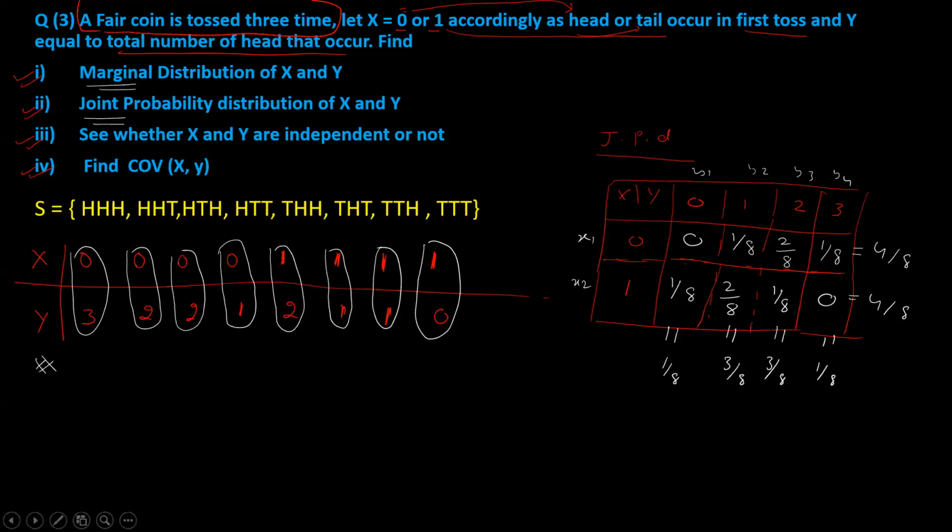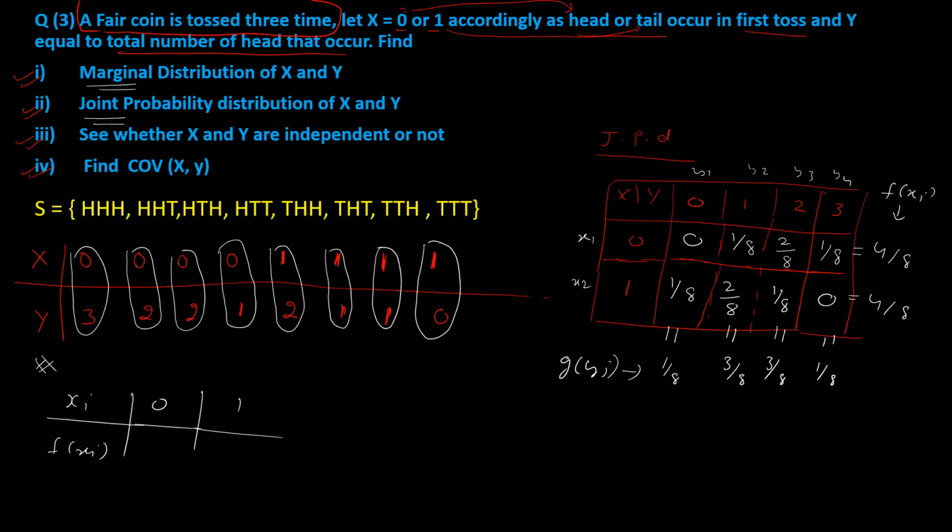So we have got the sums column wise. This is the value of f of xi, and this is the value of g of yj. We have seen this. So what is the marginal probability of x now? Xi divided by f of xi. X has only two values, 0 and 1.